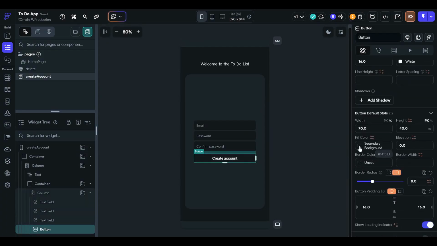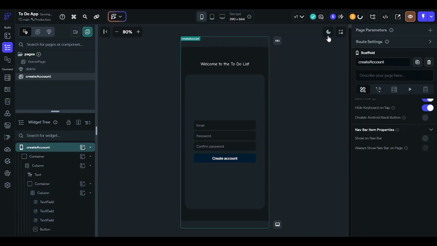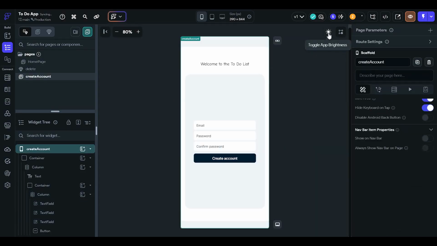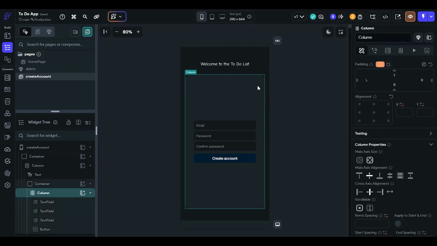You can give something in blue or some dark blue. Okay. Now